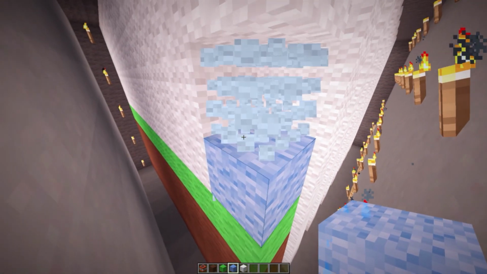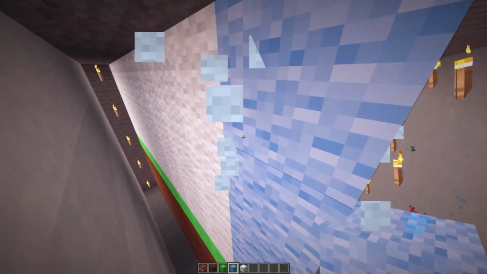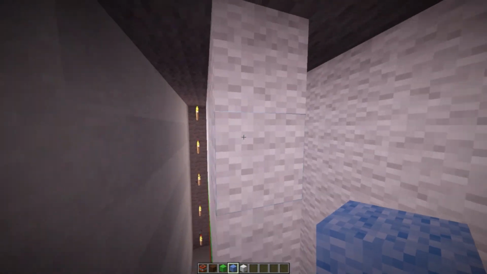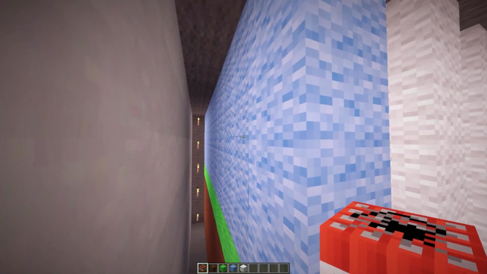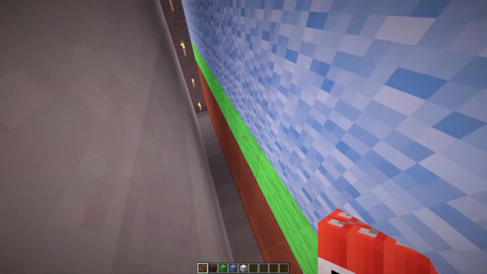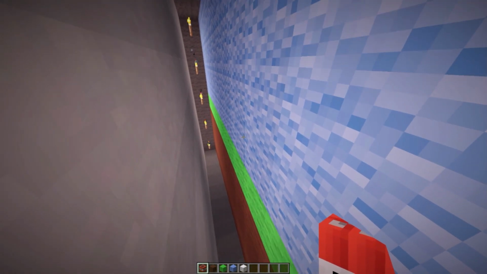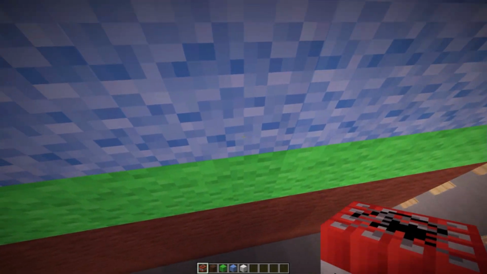Since I'm going to use the white as the particles, I need to change the color of the sky. And yeah, once I do this, I'll be back and I'll show you guys what we could add into it. So we got ourselves our sky, the grass, and the ground down beneath. Of course, it does require a bit of imagination, but once we have that, I'm going to place my TNT